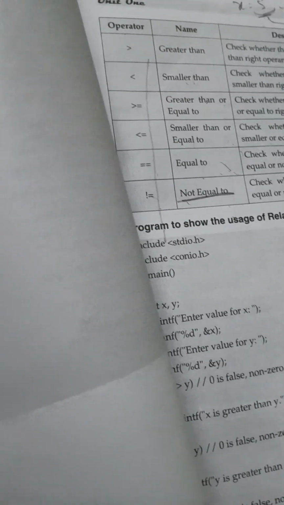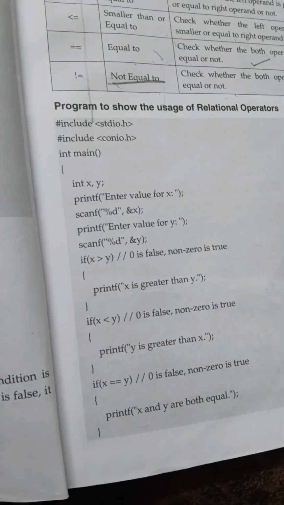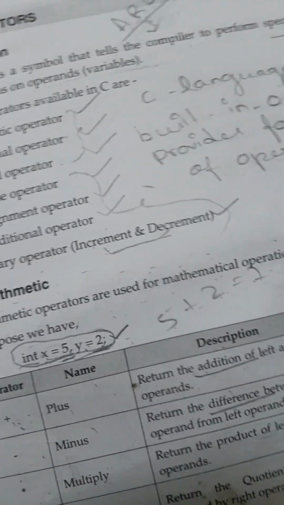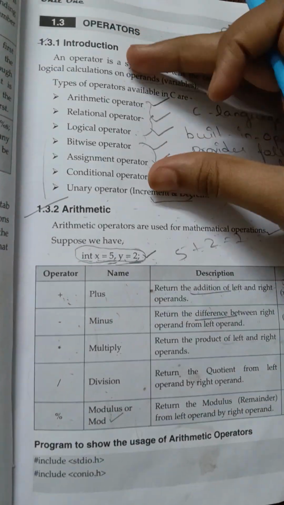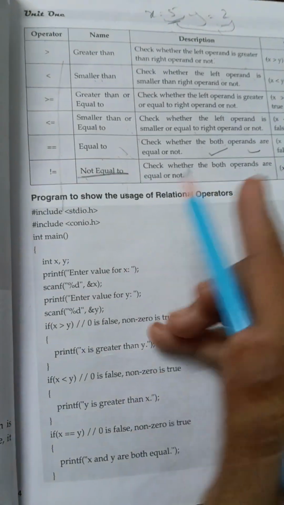And while I am talking about the program, you can just simply write the first one program, because it is very simple, because other ones are hard that you can't write. So you can write this, so expand your answer. It is probably given to you for the long answer types. So you can write this introduction, arithmetic, and draw a box and write the program and relational operator. Just write this introduction and this box. Don't write the